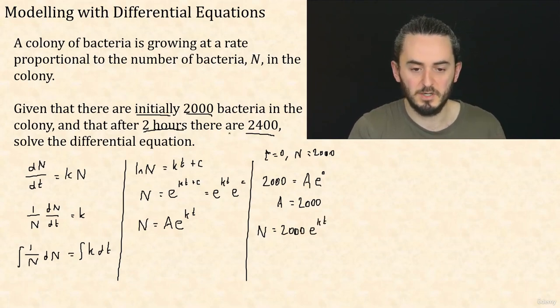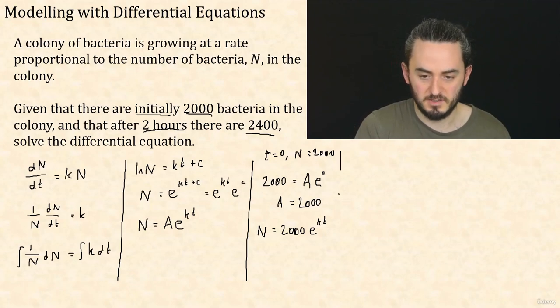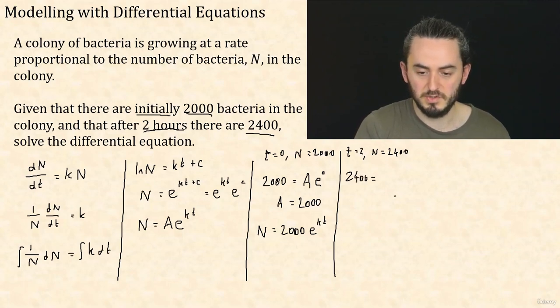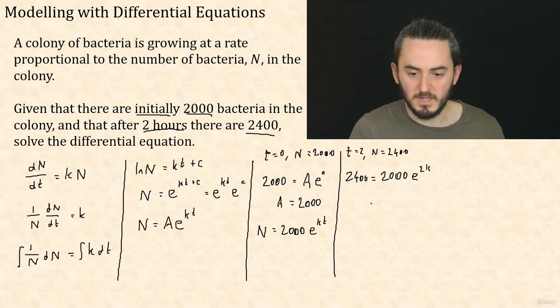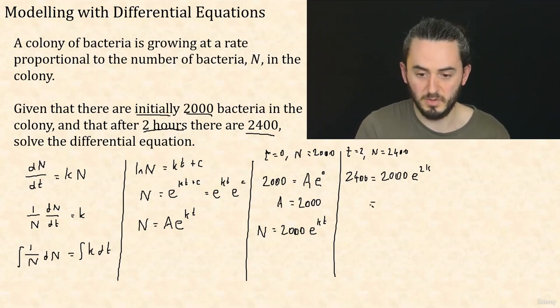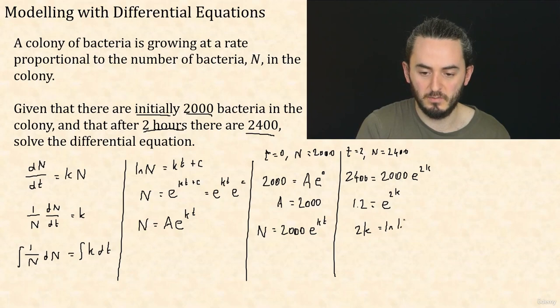But what's k? Well, I'm going to use this next bit of information here, which was when t is 2, n is 2,400. So what I can say is that 2,400 equals 2,000 e to the kt, but this is when t equals 2, so that's 2k. Okay, dividing through by 2,000, I get 2,400 divided by 2,000 is 1.2, and that's what e to the 2k should be. So ln of both sides gets me that 2k is ln of 1.2, and then that means that k is 1/2